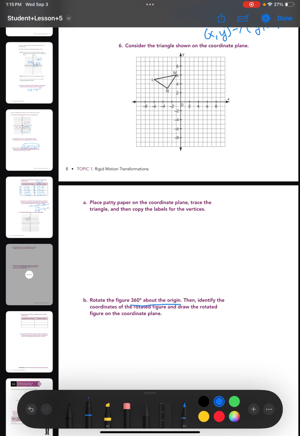Well, 360 degrees goes completely around in a circle and ends you back up at the same point. So a 360 degree rotation will always